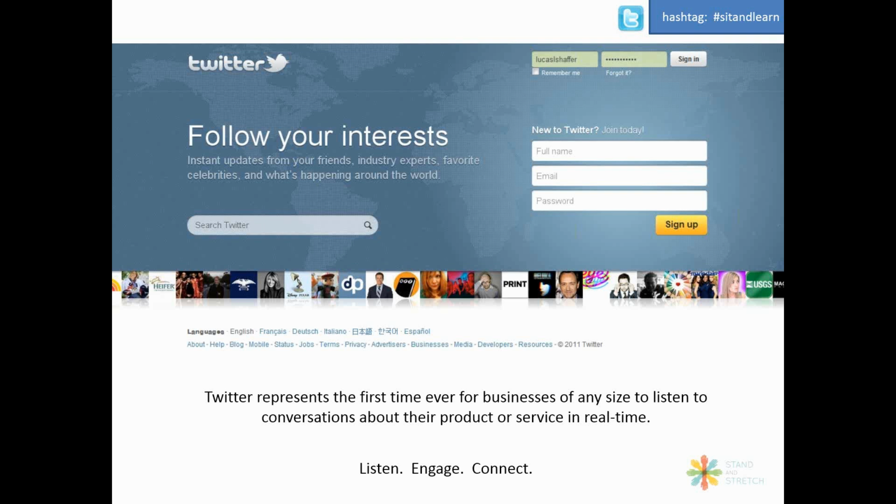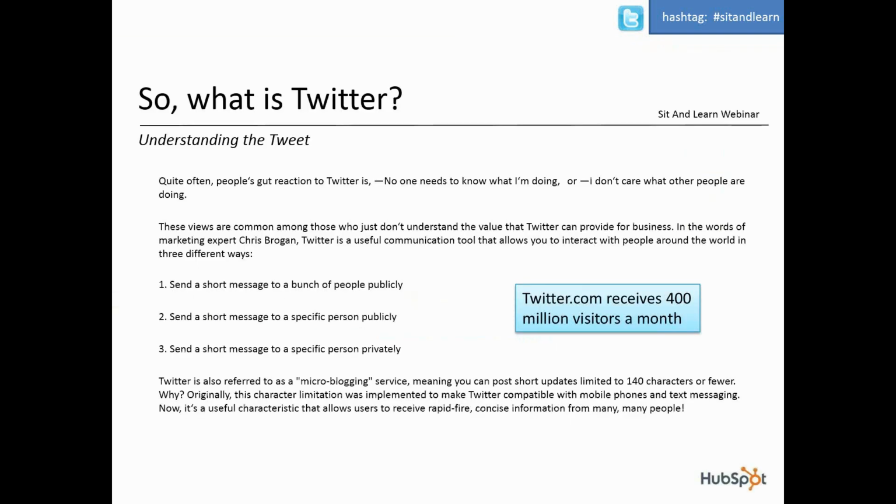Going right into the next slide, I want to talk some more about just some basic Twitter stuff. So what is Twitter? Understanding the tweet. One of the things I like to talk about is there's a value that can be provided to a business, but in the words of Chris Brogan, a guy that I use for a lot of the knowledge points and research in my early days of blogging, I really got some useful communication